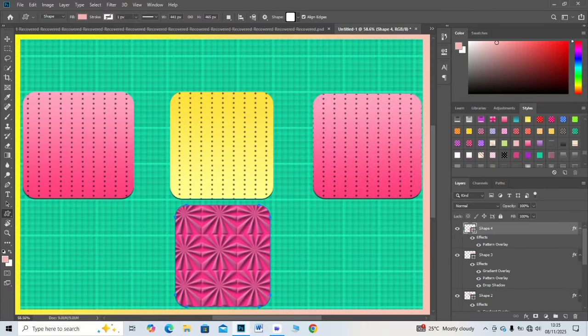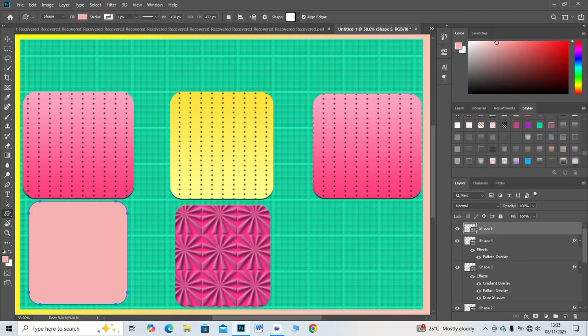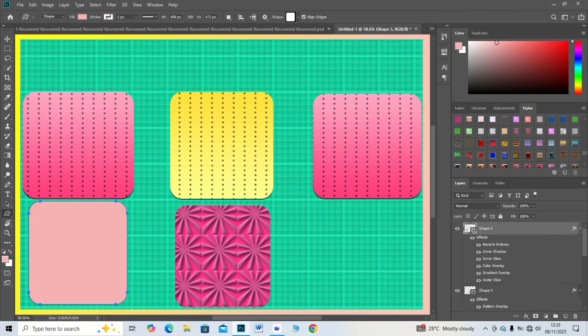Then duplicate and rotate slightly for wave effect. You can also add sunlight using radial gradient. Place it near the top center for brightness. This combination creates